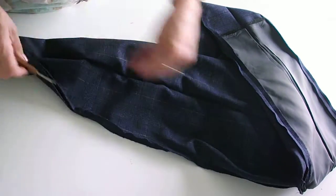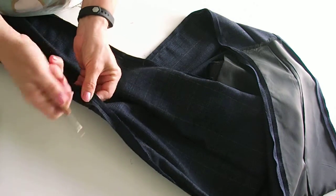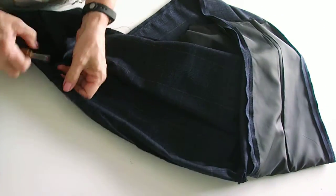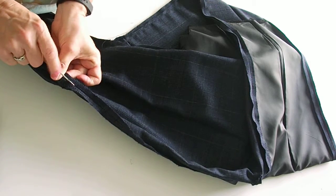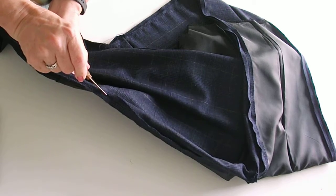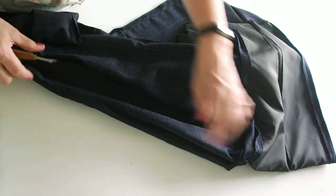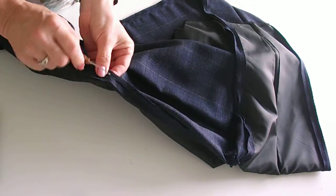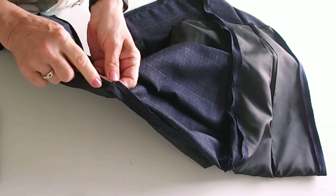Do it slowly. Don't think that you can just rip along fast and get away with it, because occasionally you might, but you won't every time. So do it nice and slow, but you can just go along, and it's all to do with feel. You're feeling those stitches rip as you're going, and if you do that, you will know if you're getting too close to the fabric. And now I've just come up to the end of the seam there, and all you do then is you